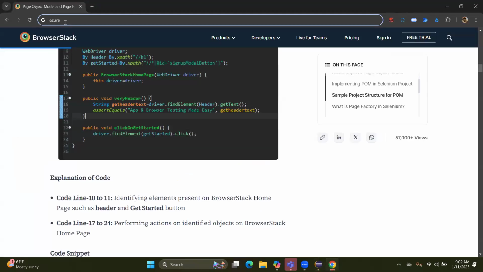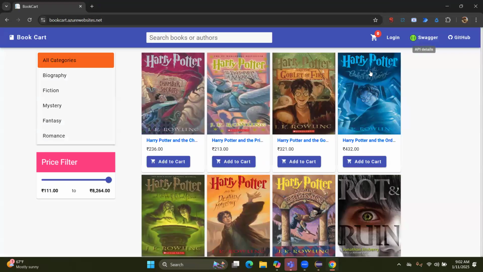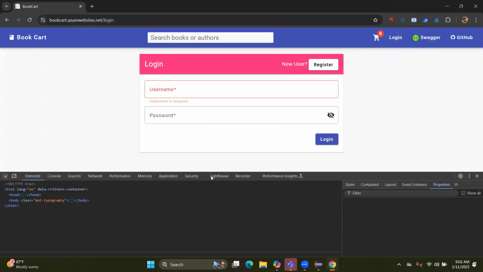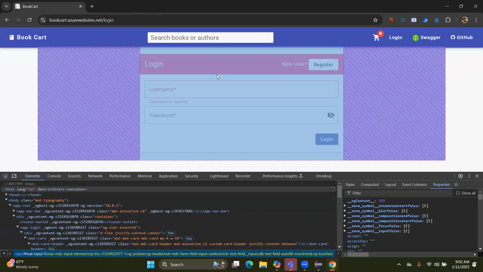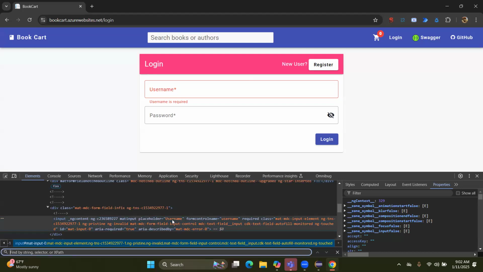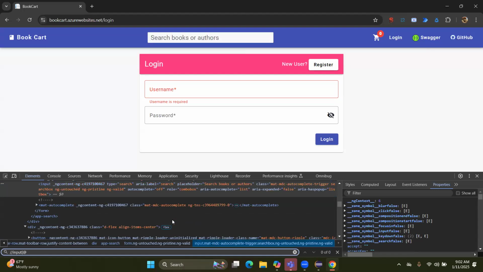Now let's try to create one script for page factory as well. Let's quickly initialize the username, the placeholder username we have. So I'll write like input @FindBy